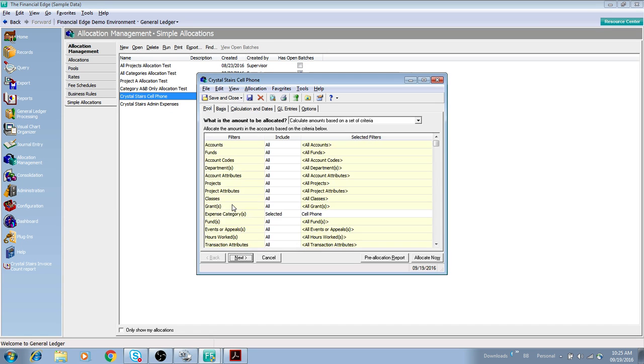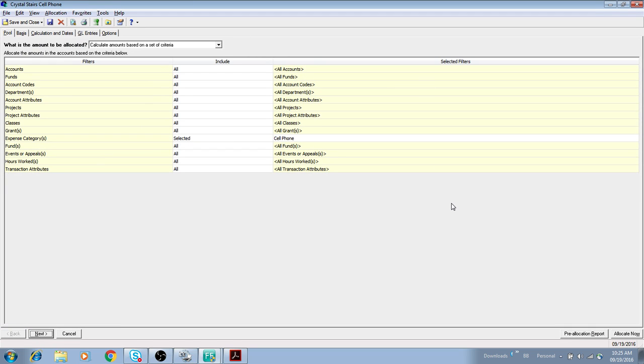Within our simple allocation function, you're able to identify specifically what it is that you want to allocate. So in this first example, I'm identifying that I want to allocate my cell phone activity. Now, how does the system identify, of all the transactions within the Financial Edge, what's allocated to my cell phone overhead expense? It could be allocated to an account, it could be allocated to a specific expense category or